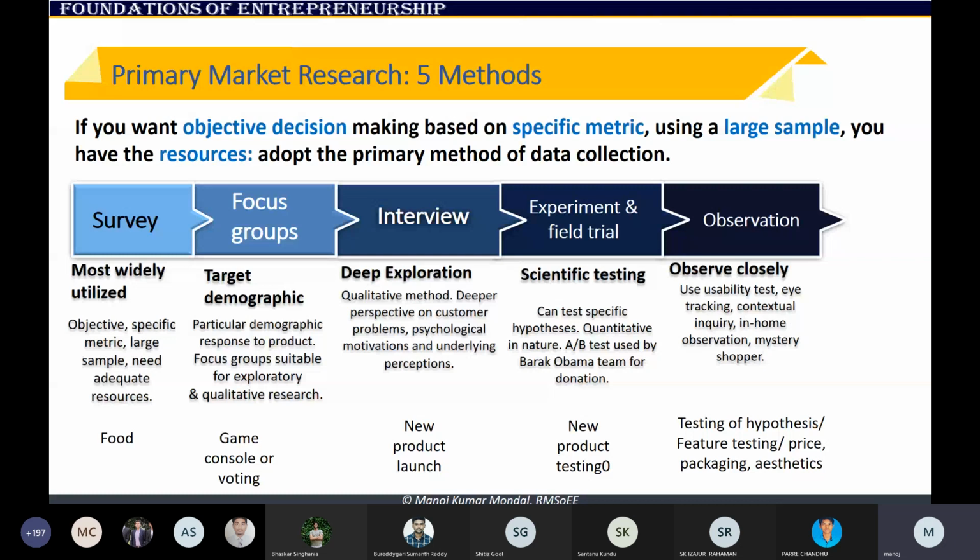Now, field causal research is done. One of the methods of causal research is called A/B test. A/B test is something like this. Suppose you are designing a website for your own, say, e-commerce company. Now every website has a theme. Like whenever I do something, my slides and my text are dominated by blue color.